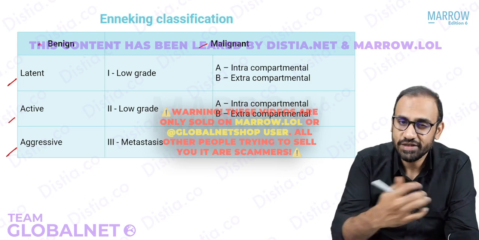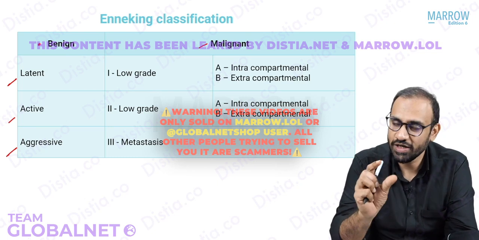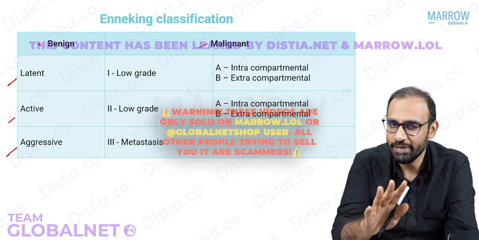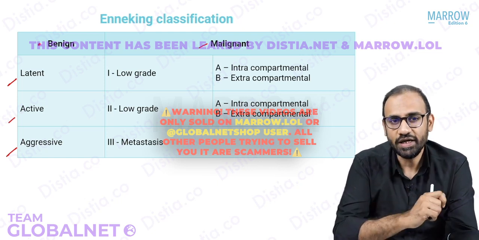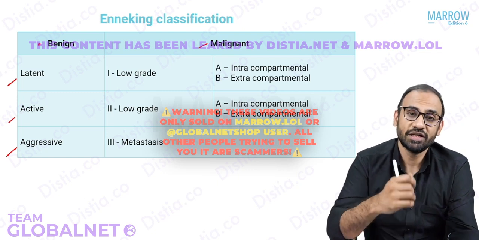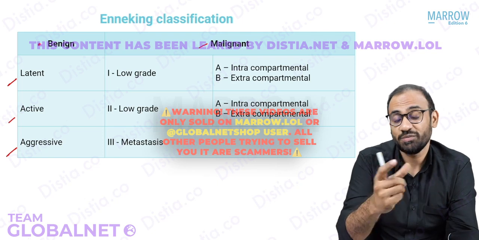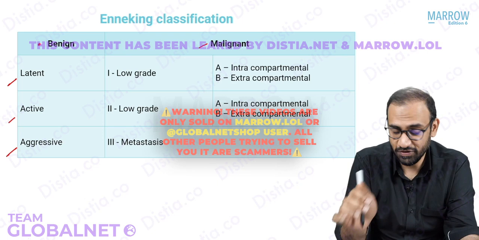So on what basis did he do this? Please understand that benign bone tumors are tumors that are localized to a particular part of the bone, right? They do not usually metastasize and they are usually encapsulated. On the other hand, a malignant bone tumor is something that will metastasize, that means spread to other bones or other parts of the body. And they're usually not encapsulated. So this is the broad difference between them.